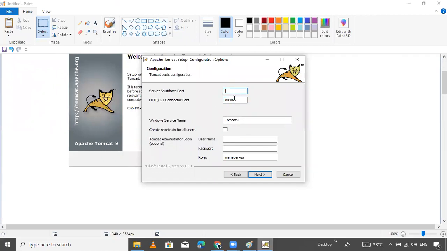It is better to change it, like 2023. Here also for the shutdown port provide like 2. Tomcat admin, the password is admin. Provide your admin. Admin. That's it.